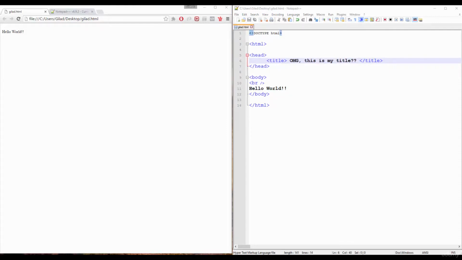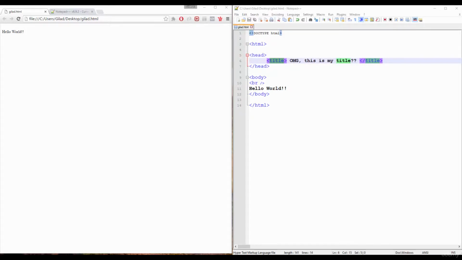We have added two new elements here that start with a head tag, and the title tag. The head element contains information about the page. The information of the page will not appear in the browser window, and later we can see the title tag,